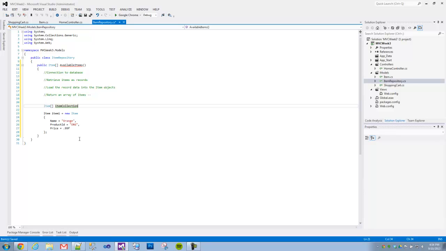We could initialize this collection using a similar notation. We say new, and then inside of here we just start creating new items. So we can say new item, and we're not so concerned about item 1, item 2. We'll just say new item, open curly brace, and we can say name equals orange, product ID equals O, price equals 99 cents, comma,